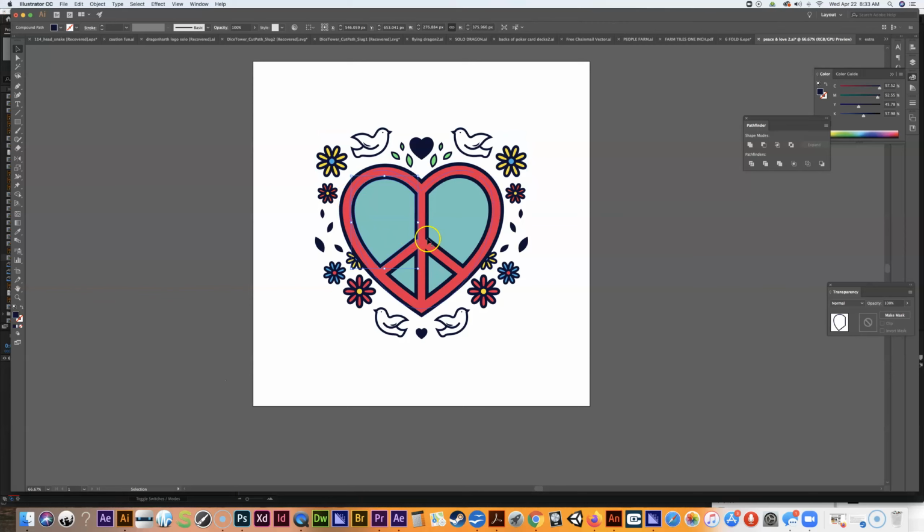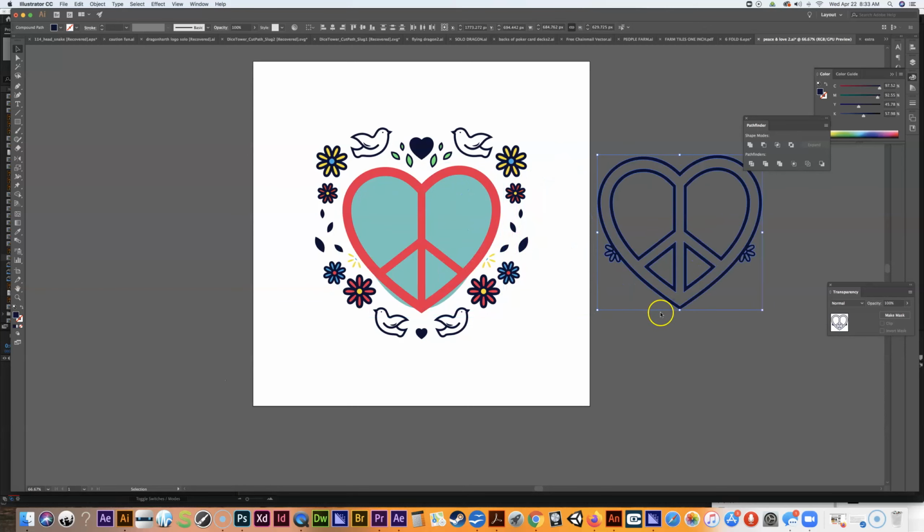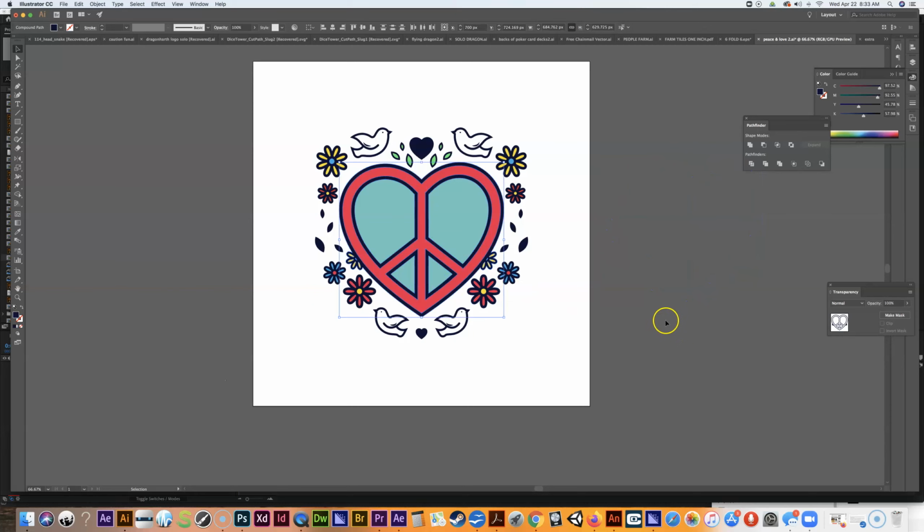Oh, it's not. So I ungrouped everything, so I kind of have to reselect everything manually. I'm hoping to get just this heart by itself. But see, there's all kinds of things going on there. There's that background and everything. So what might be easy for me to do